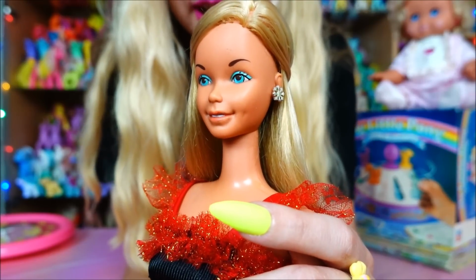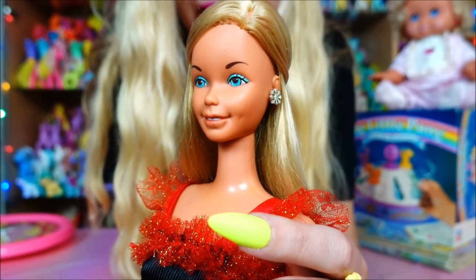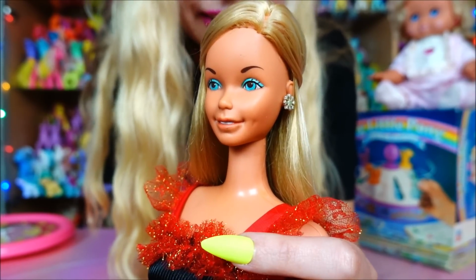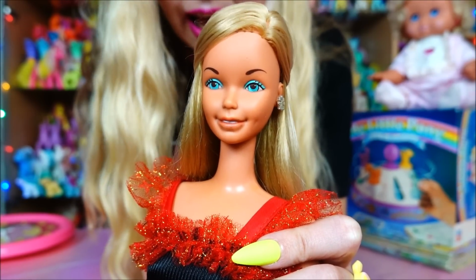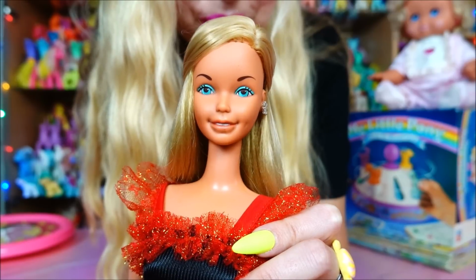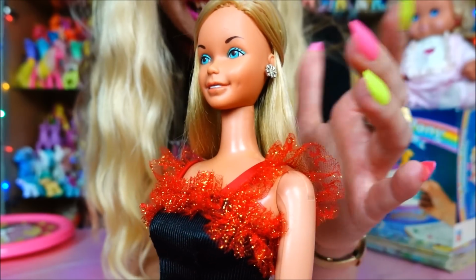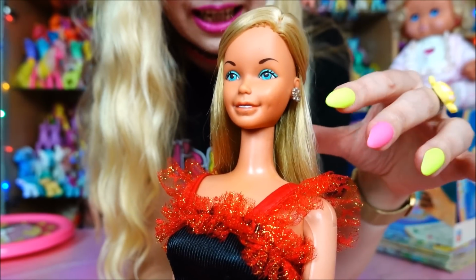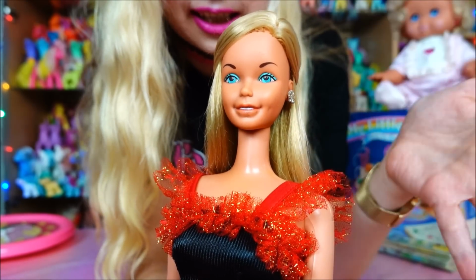the Superstar face. So she's from 77, I would directly say. So her head marking says 76, sorry. And then the next year, so she was released the same year as the normal Superstar Barbie, the first one that had this face. And yeah, there were a couple of these. I cannot really tell, but probably this is the normal one that came with a silver outfit,